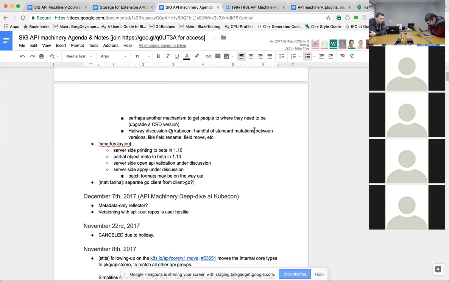And so we've talked about regenerating client Go against updated schemas using the various versions of the generators that we have. And that would let people pick up new fields, new API objects, but keep using the same Go APIs. We talked about that downstream, not upstream. I still think it's a good idea, but I didn't think we had realistically considered it here because of API machinery. No, we talked about it. Okay. I think to me that seems like the lowest friction approach to give people access to new types and structs and fields without making them rewrite their programs.